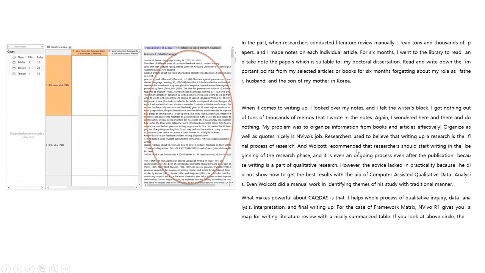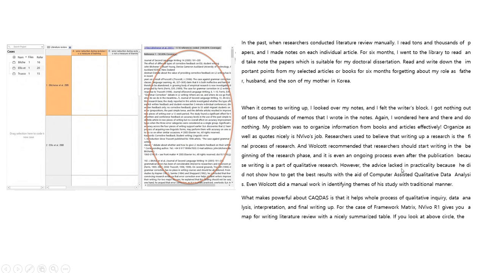And Wolcott recommended that researchers should start writing in the beginning of the research phase, and it is even an ongoing process even after the publication, because writing is part of qualitative research. However, the advice lacked practicality